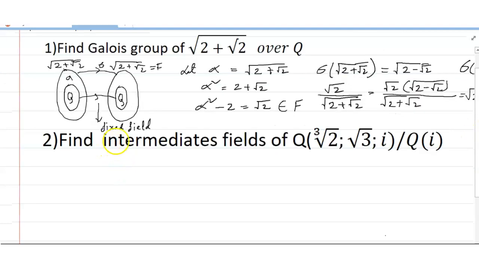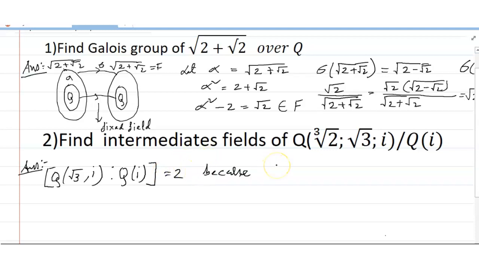Find the intermediate fields of Q. This is the answer number 1, and the second question is find the intermediate fields of Q cube root of 2 comma root 3 comma I over Q. So friends, consider Q root 3 comma I over Q, such that the degree equals 2,